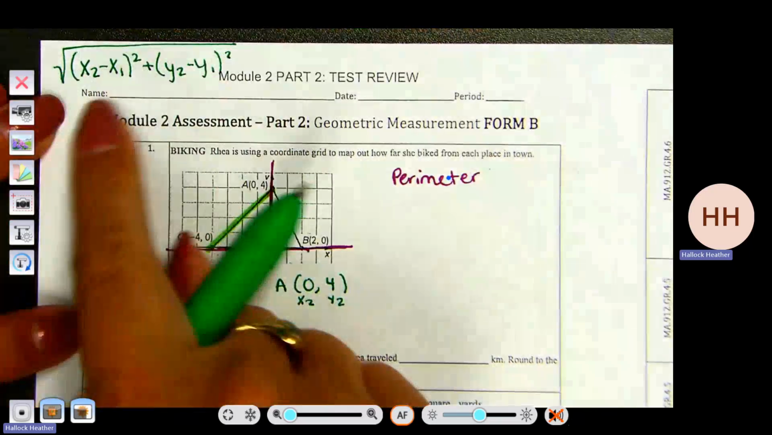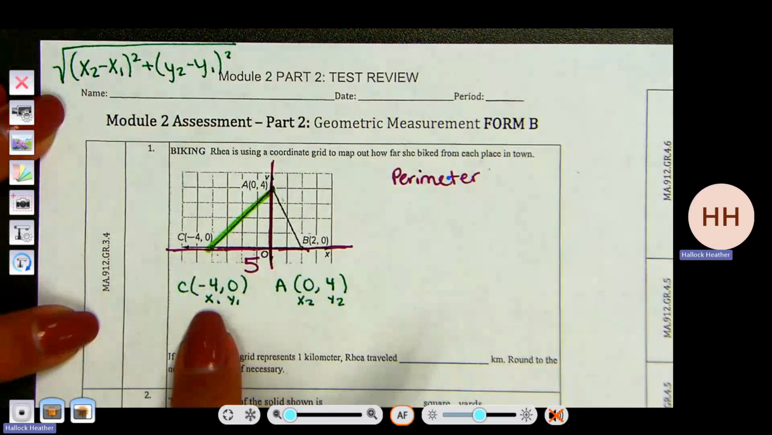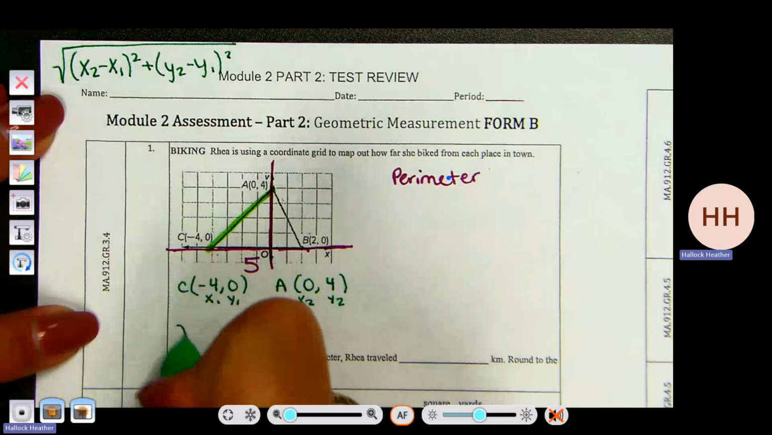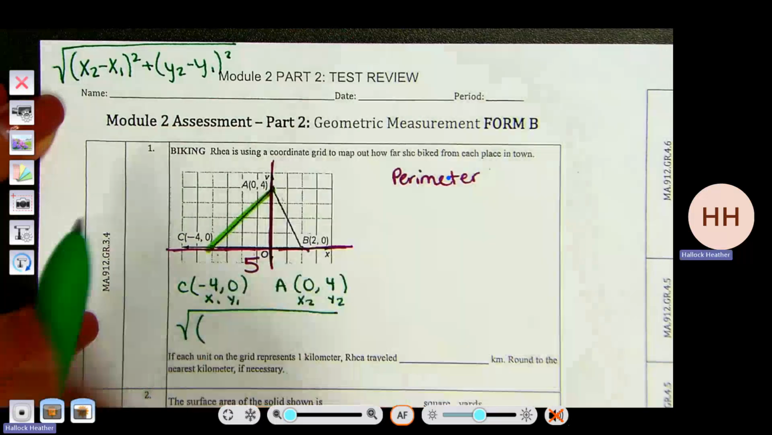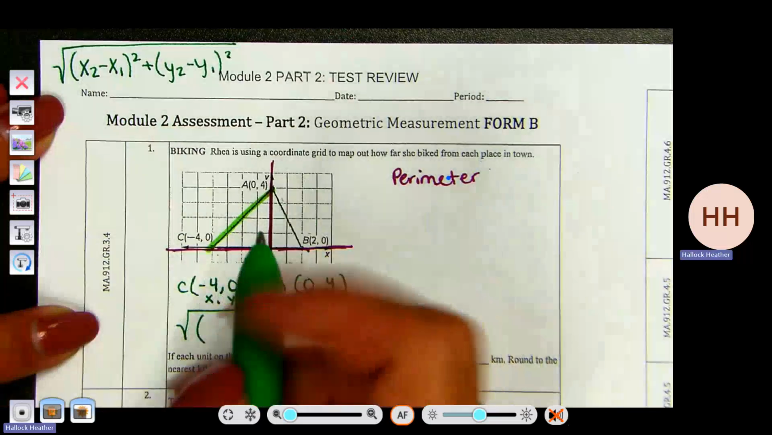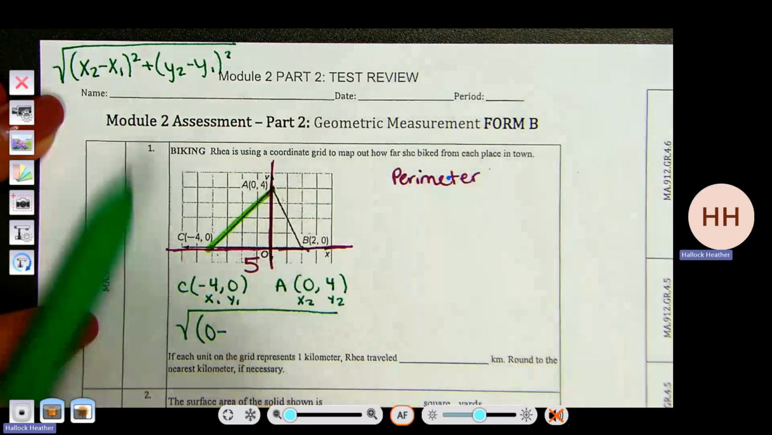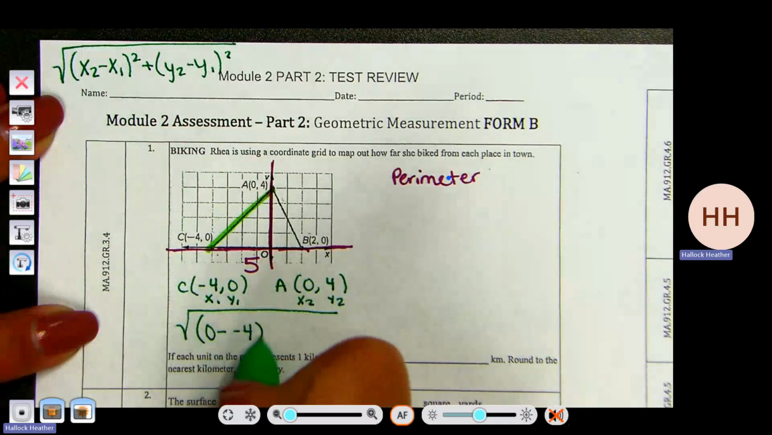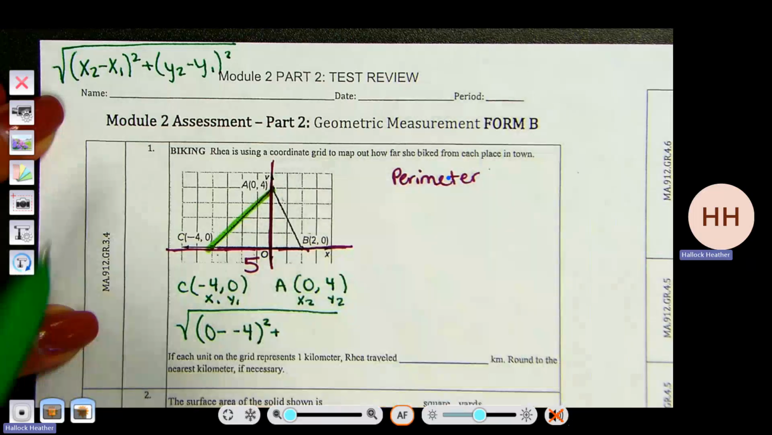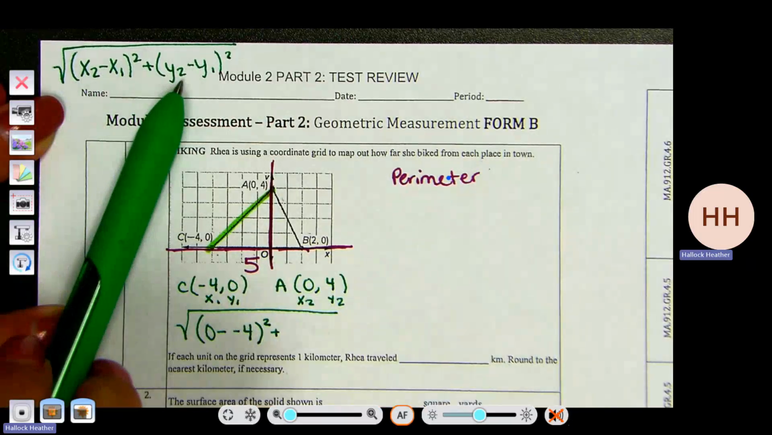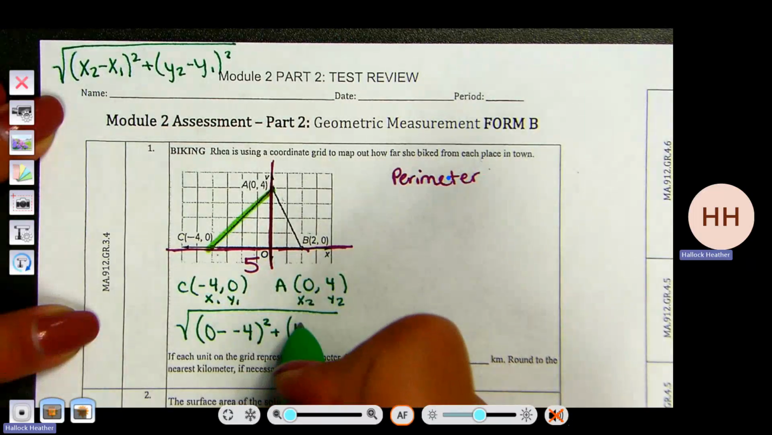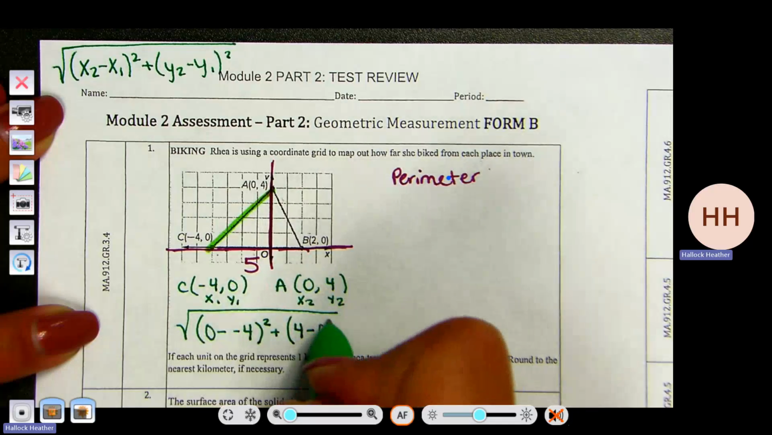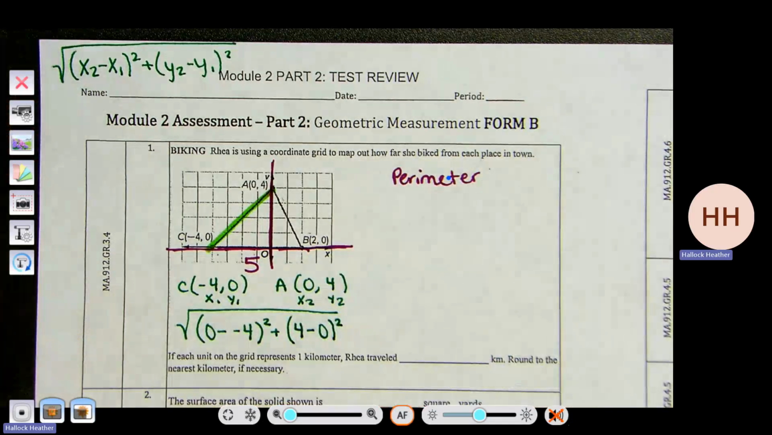Okay, so this is on your formula sheet. And then we're going to use Desmos. So we're going to plug this in. x2 is 0. I am minusing x1, which is -4. So we do have double negatives, but that's okay. I'm bringing down my square, bringing down my plus sign. In the other parentheses, I'm doing y2, which is 4, minus y1, which is 0. If I type this into Desmos,